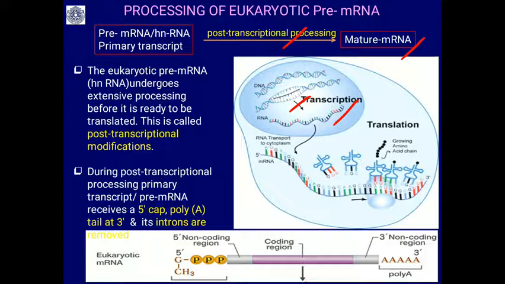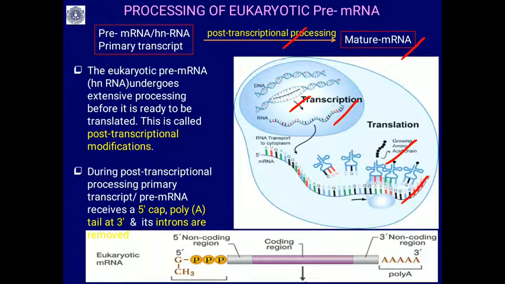This is exactly like how you buy cloth in the store, then the tailor stitches it according to your requirements. This is how the primary transcript undergoes processing, and it becomes ready for translation, or else mature mRNA. After processing, this mature mRNA can be transported to the cytoplasm, and then it gets translated into the proteins that you can see here.